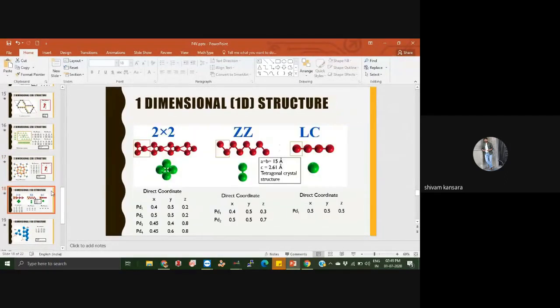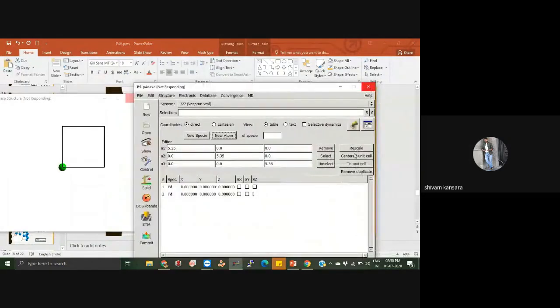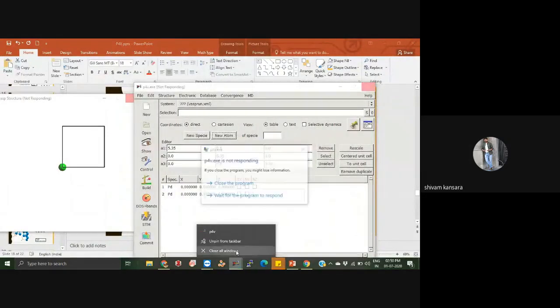So this is a one-dimensional crystal system. One-dimensional means nanowire, or nanowire you can see anywhere, like electric wire, or hairpin, or any long cylindrical thing known as one-dimensional or nanowire. So this is the basic structure, and LC is very easy. LC, okay. Right. Okay, LC is very easy.